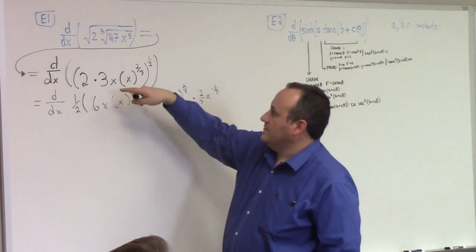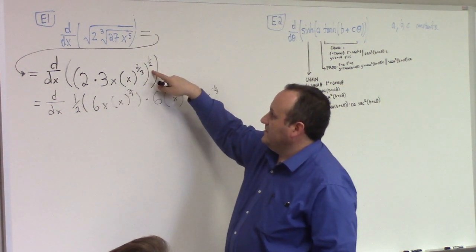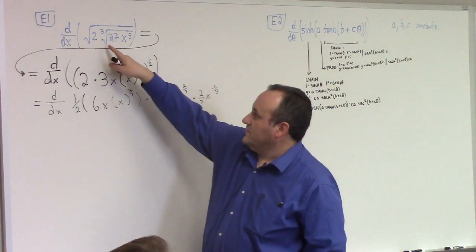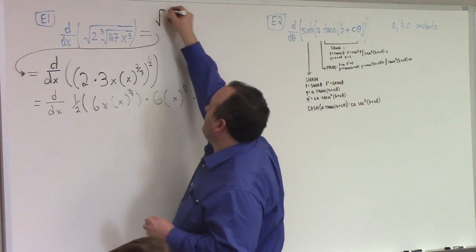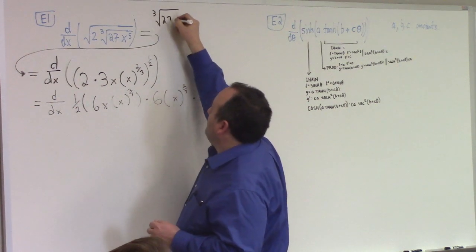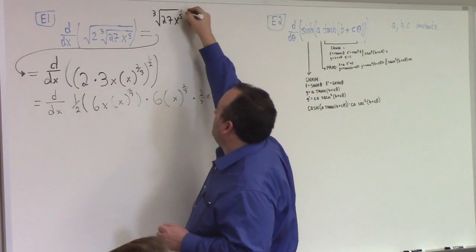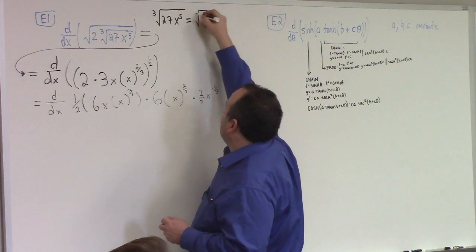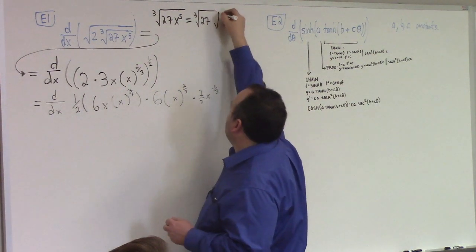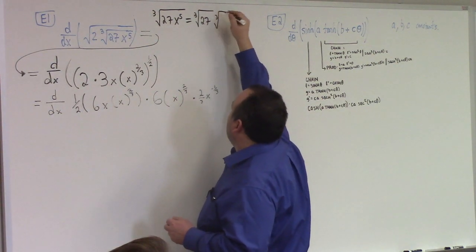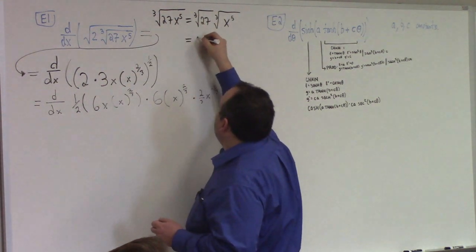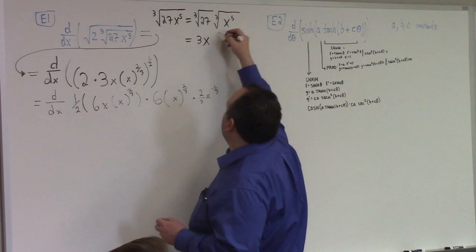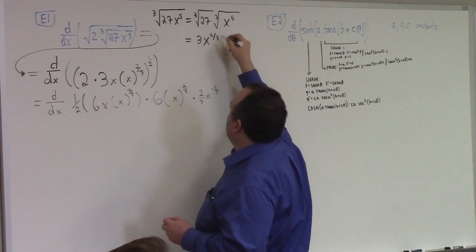I like the half out here is fine. That 2 is 2. The cube root of 27 is 3. But if we have the cube root of 27 times x to the power 5, we can do like this. It's the cube root of 27 times the cube root. The cube root of a product is the product of the cube roots. That is true. So what we should have there is like a 3x to the 5 thirds.